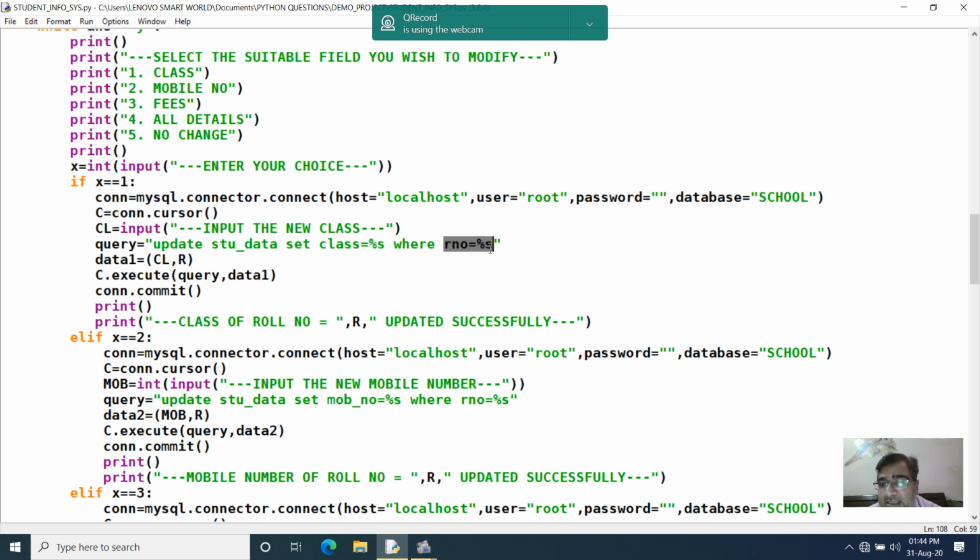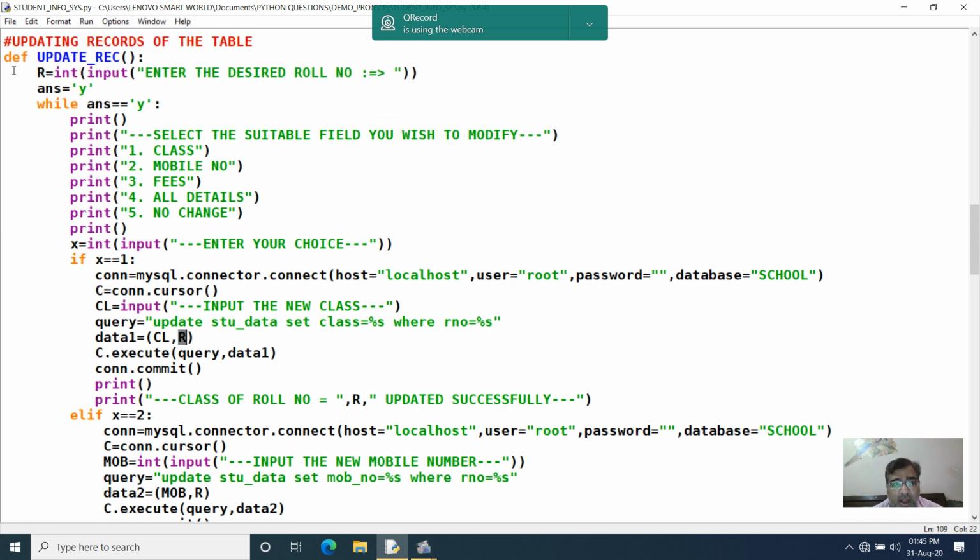Here one placeholder is here, second placeholder is here. Which placeholder will work when? I show you. I have taken the new class in CL. I have taken the desired roll number as R, the roll number for which you want to make the change.